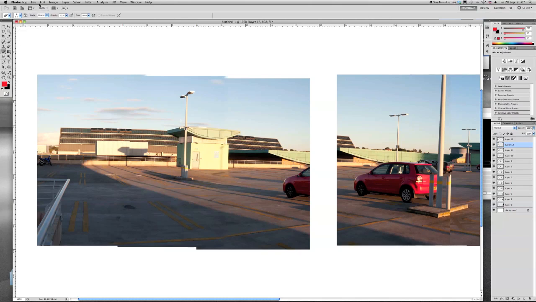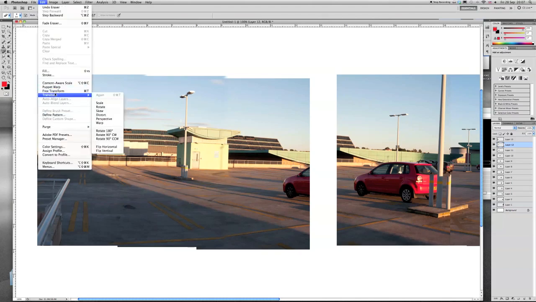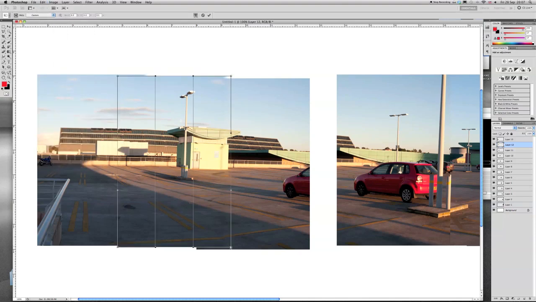So if we go to Edit and Transform and Warp, we can then drag this corner up just slightly, moving that line so it joins. Be careful not to warp it too much, because then it won't look right at all. So once you're happy and that line now joins up, and I can't really see any other faults,